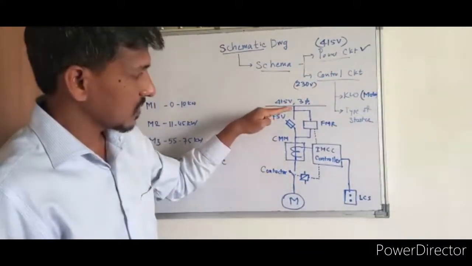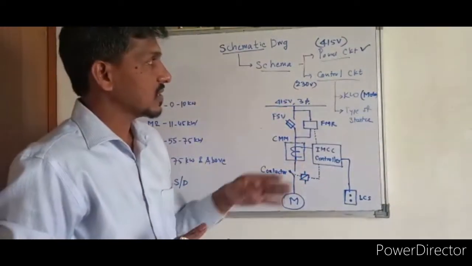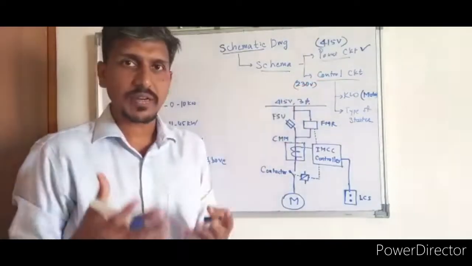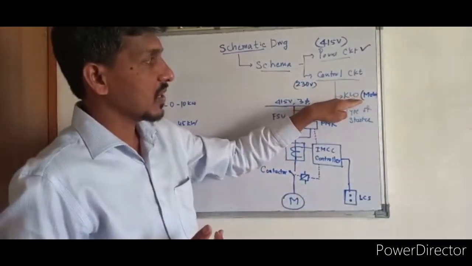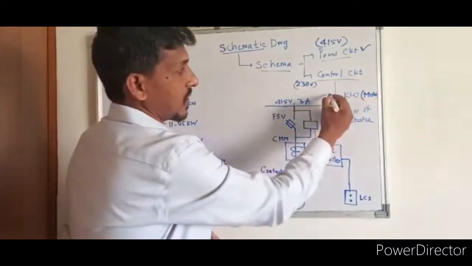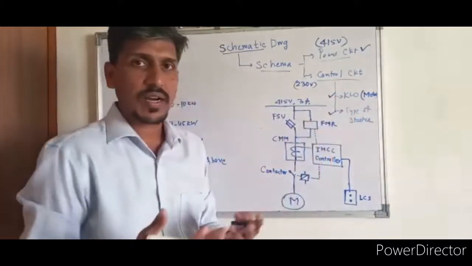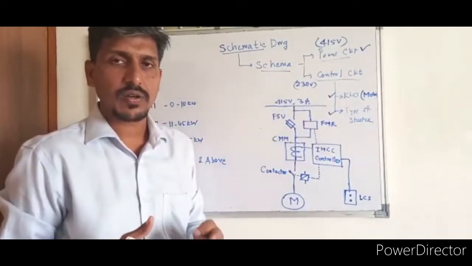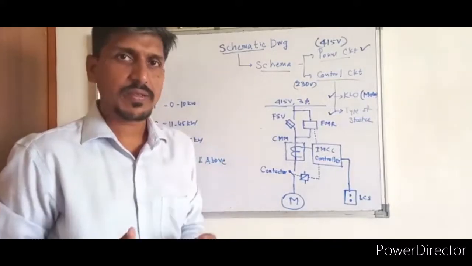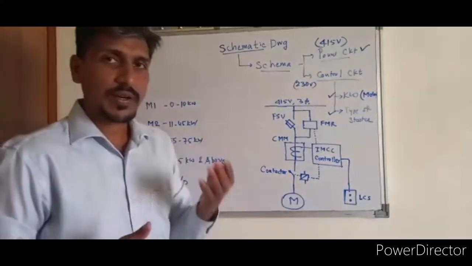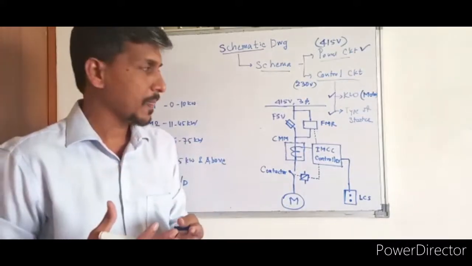So let's see. This is the single line diagram. Basically, it's a dual starter. Now understand first, the control schematic or the schematic drawings is based on two parameters. So which are they? First is the kW rating of the motor, that is the kilowatt rating of the motor. And the second thing is the type of the starter. Like if it is a dual starter, it could be a star-delta starting, or it could be an auto transformer starting, or it could be soft starters or VFD fitted motors. So depending on what kind of starters you are using, based on that the schematics will be prepared.